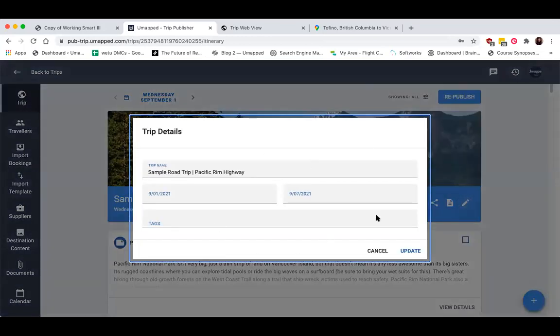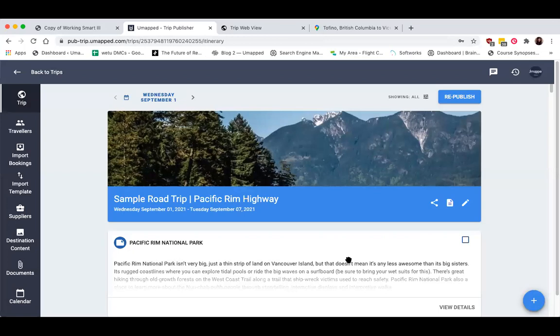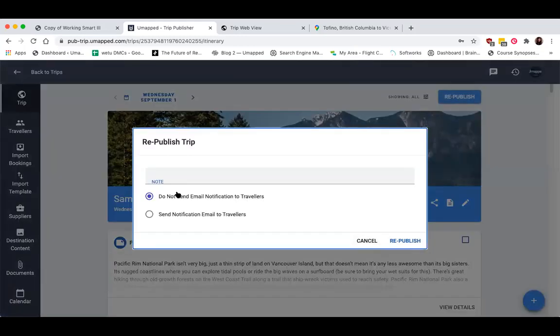And if I ever made any extensive changes and I wanted to make sure that those changes were reflected on my client side, you can just push the update by clicking on republish. And you have the option to send a brand new email or not. By default, you're not going to send one, but if you wanted to send an email, you could. I've had people tell me that they use this if there's one or two days before the trip is about to get started and they just want to remind them that the trip is on its way. They just might say like last call, something like that. So that might be a good reason to republish.